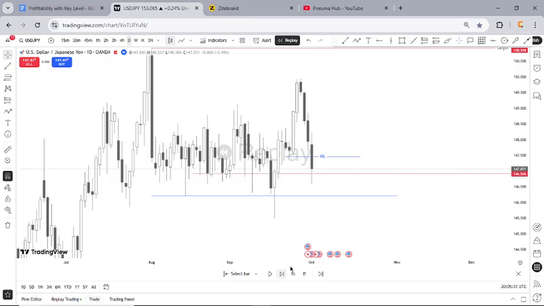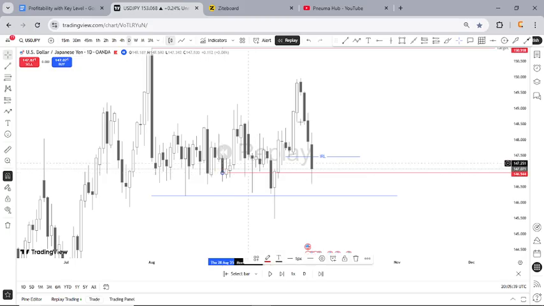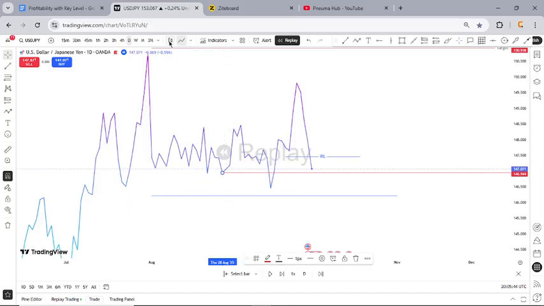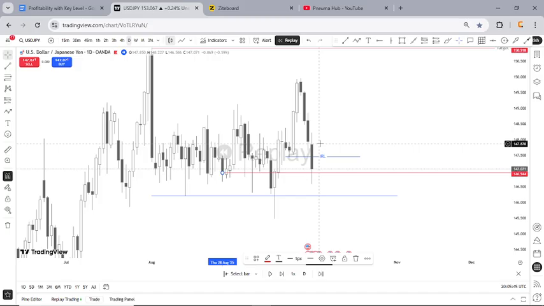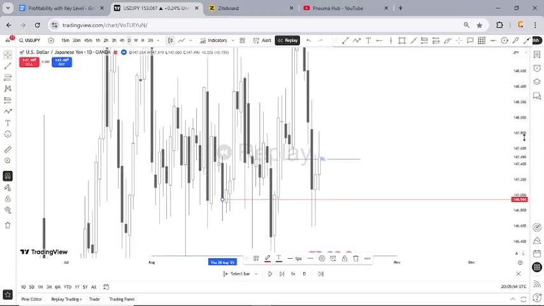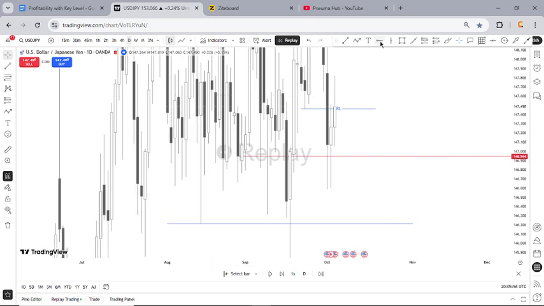Now let me place price forward. Look at this. Immediately they came down to this daily key level. You can call this Quasimodo. Look at this Quasimodo level. And we have daily reject daily. And that is why we are having this. Can you see? After daily reject daily, they came back to this